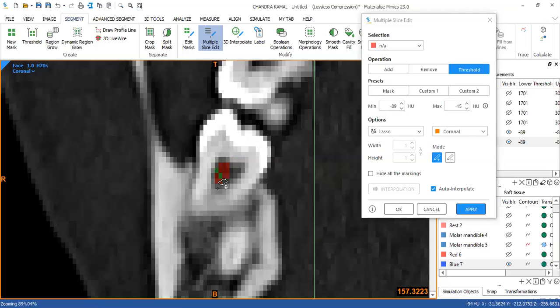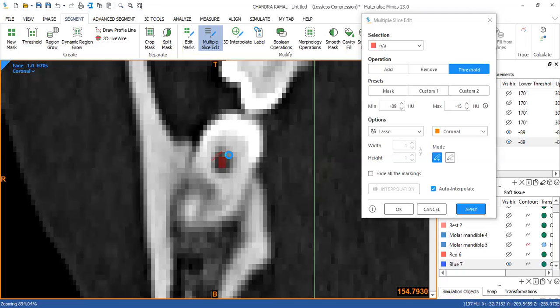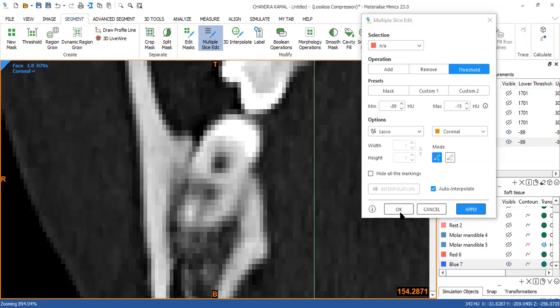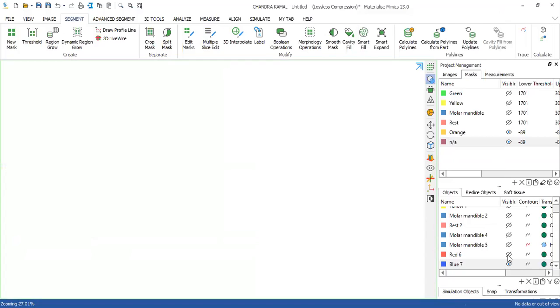So we do select few pixels. So this is where this is molar.